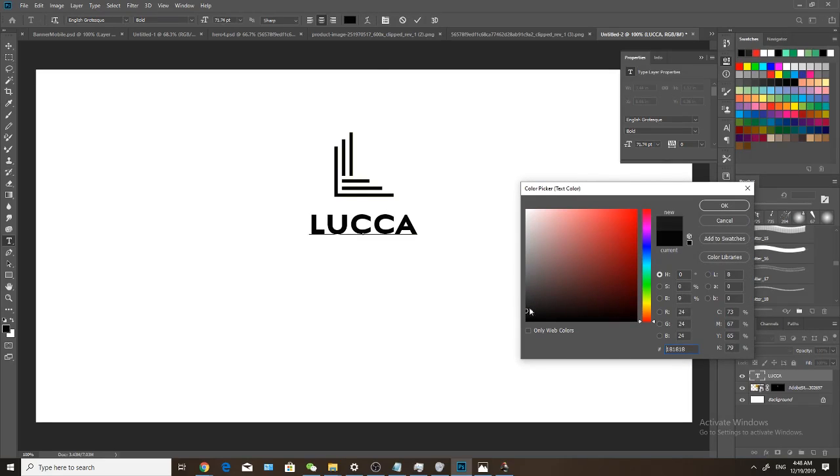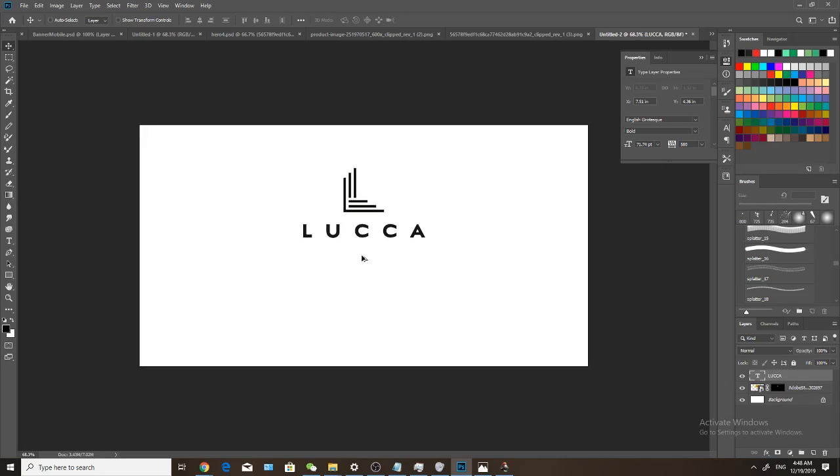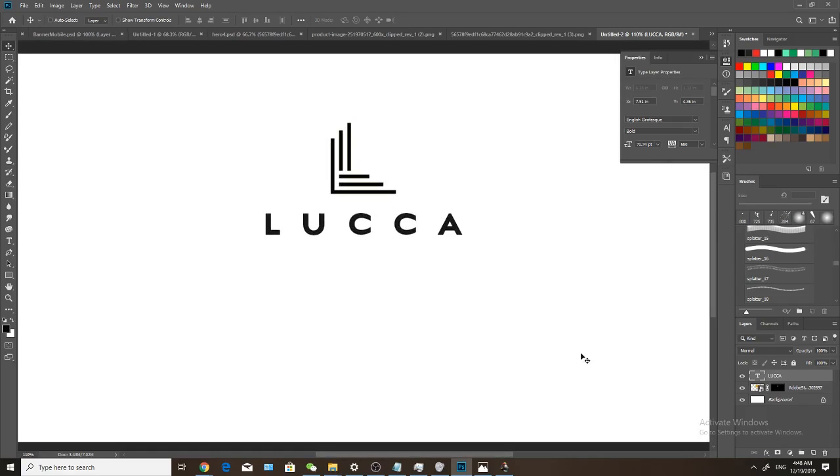I'm gonna make it a darker gray, so it's a little bit more subtle. And what I'm gonna do next is change the spacing of these letters. Okay, so that looks a lot better, and you can just do this under text properties. And as I'm looking at this logo, I think that this could also look really well without the symbol on